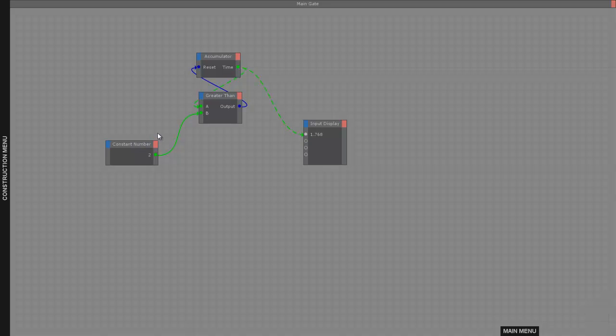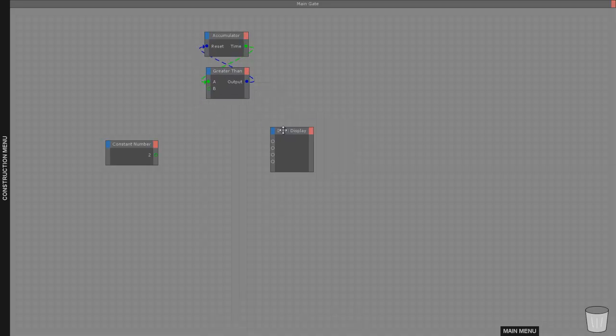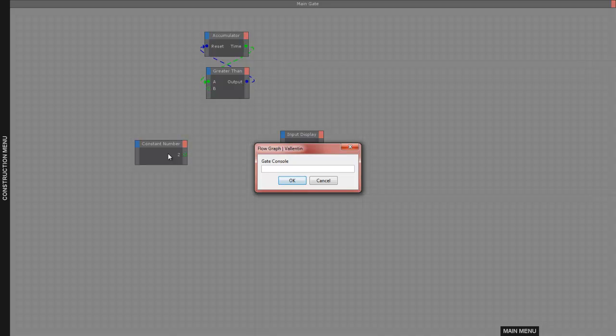So that's awesome as well. But let me just explain what it is. Flowgraph is really easy. It's a visual programming language, as I said, where you have different nodes with inputs and outputs and a way to process the data. For instance, here we have a constant number where we can change the number to, for instance, 4, or to 4.5,